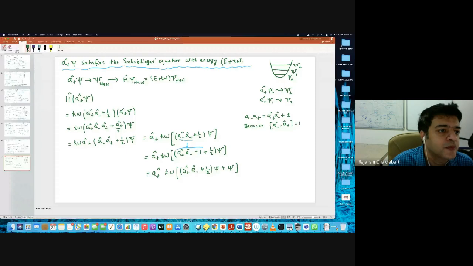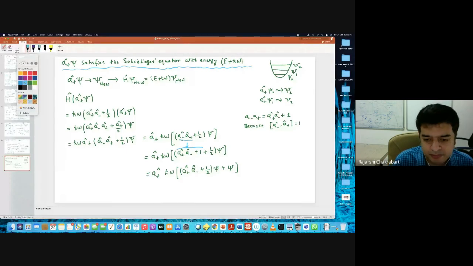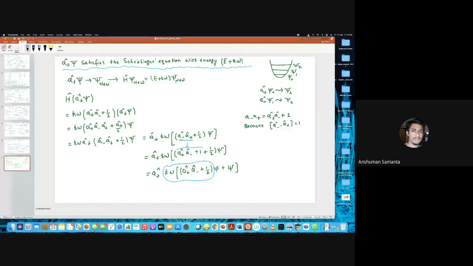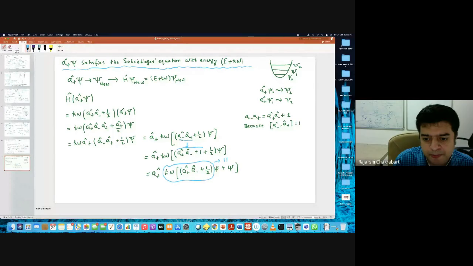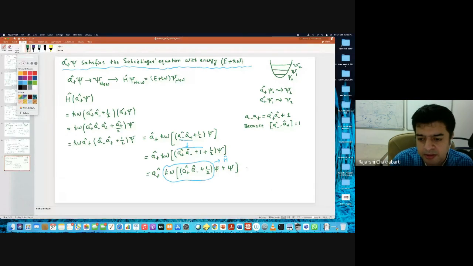What is that part? You remember this part? Hamiltonian. This is your H. So then I write this as A plus, and I get H plus